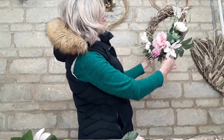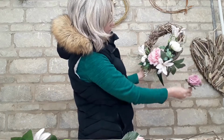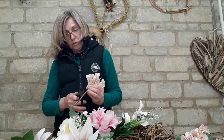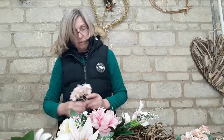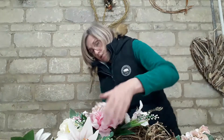Perhaps this, I don't think the rose there. Yeah, what about the rose being over there? And that's the secret, to start with your greenery. Get your structure, the two longest points, your central point,